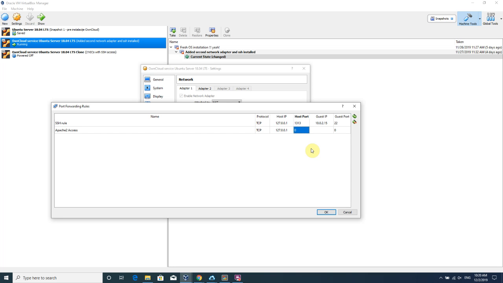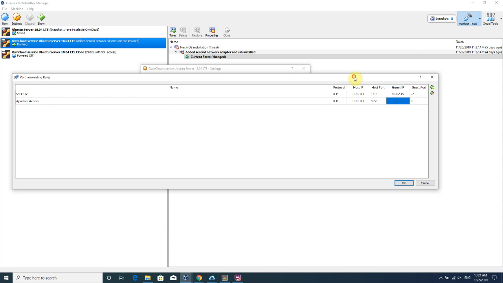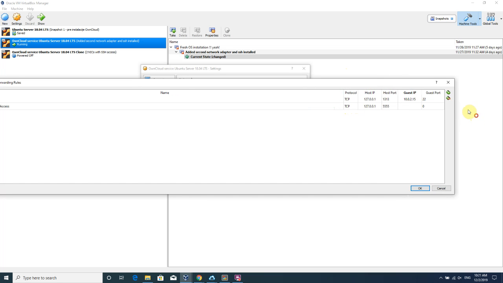So in order to access our Apache 2 web server from the outside, from the localhost in this case, we are going to use some port which is above the value of 1024. I'm going to use, for example, 5555, but you may choose whatever port you prefer. So what happens here? When we target this NAT box with the loopback address of 127.0.0.1 and the port 5555, we are actually being redirected to the guest IP